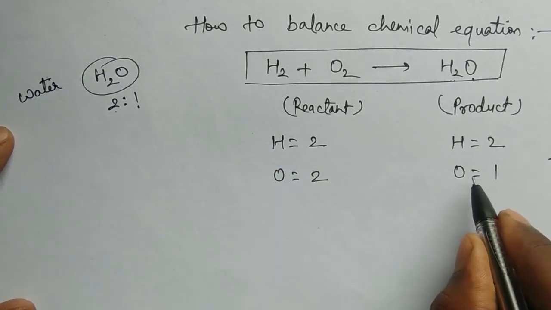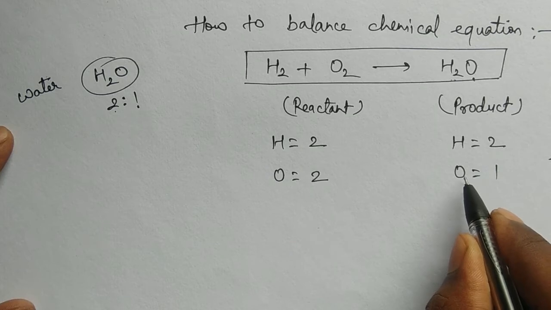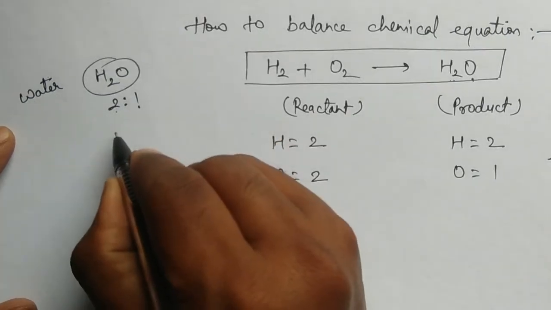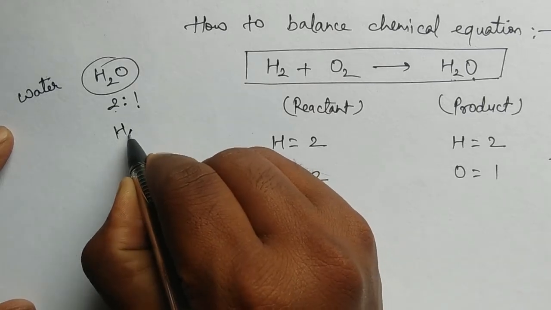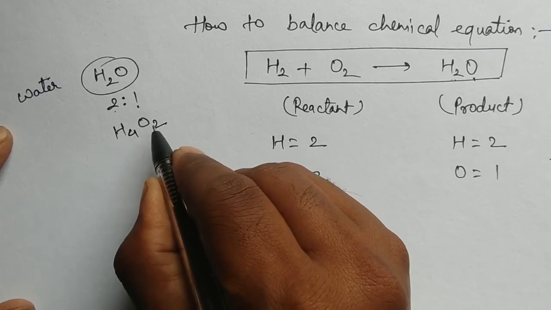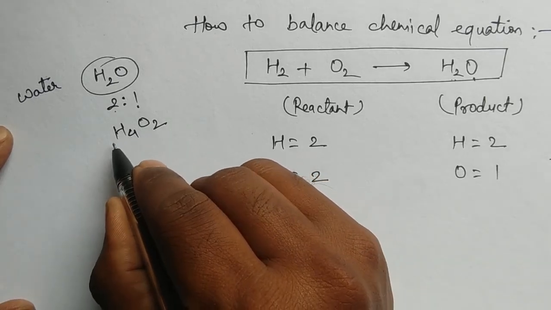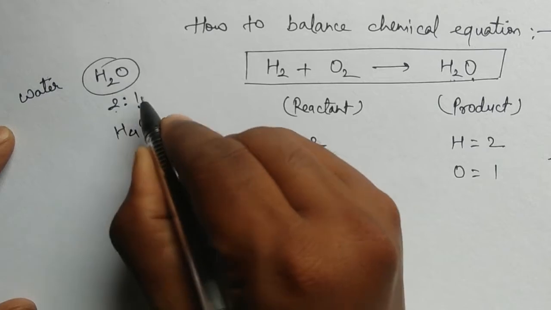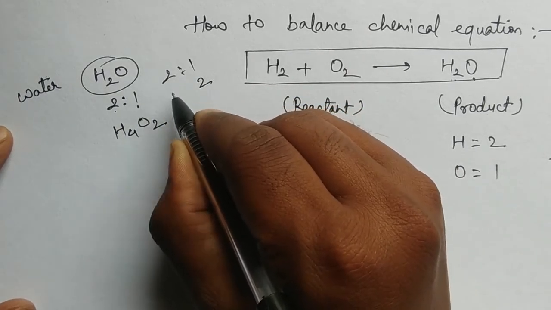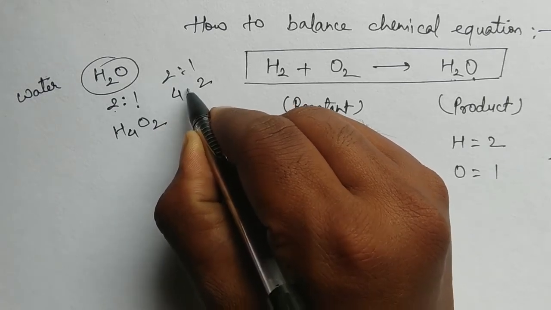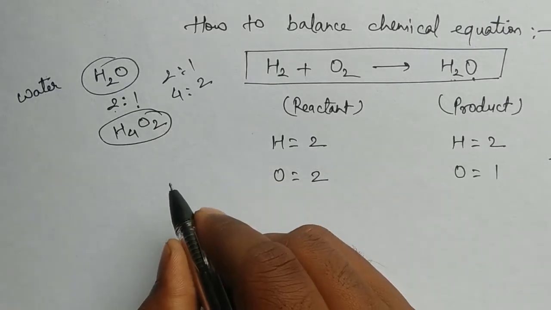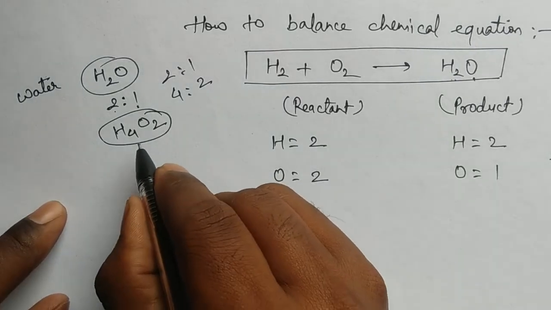So if we increase the number of atoms of oxygen, if we make it 2 here, then the formula is H4O2, because if we increase the number of atoms for oxygen, it also increases the hydrogen, because it is 2:1. Here if we increase this to 2, then there are also 2 more hydrogen, so the number of atoms for hydrogen is 4:2. Now the formula is H4O2, but it is not the formula for water.